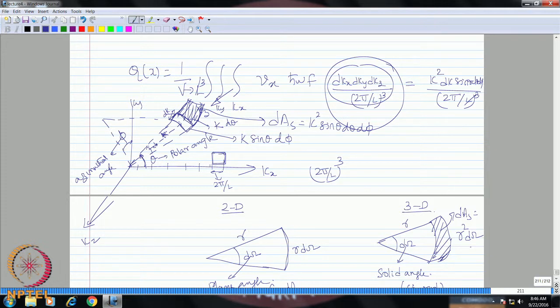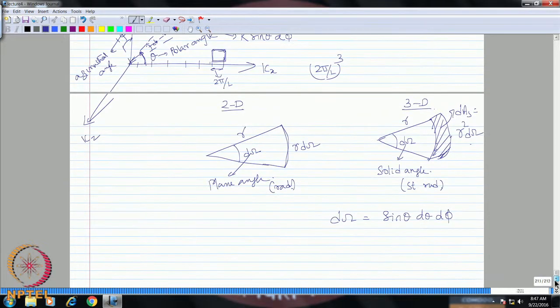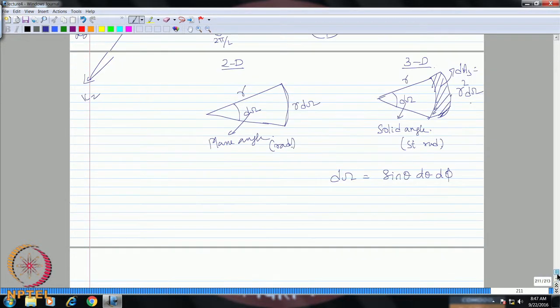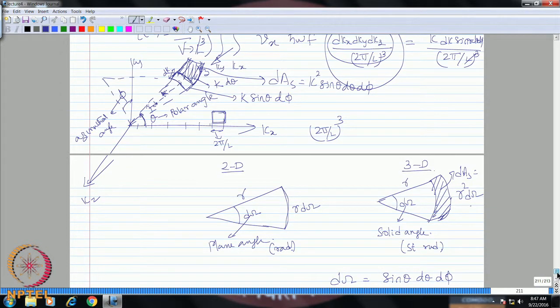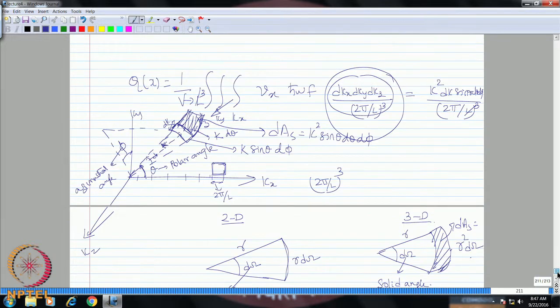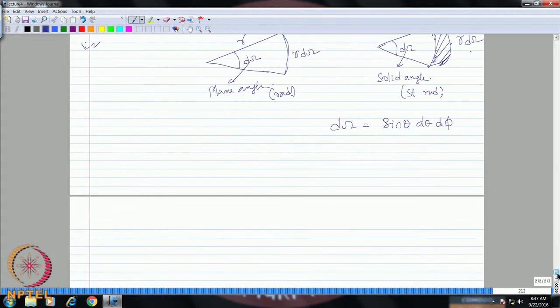So, theta from 0 to pi will make a semicircle, which I rotate about the x axis by 2 pi, to make a complete solid sphere. So, when I convert this to the theta phi space, what we are doing is essentially converting kx, ky, kz to a spherical coordinate system. So, therefore, the resulting expression for qx now